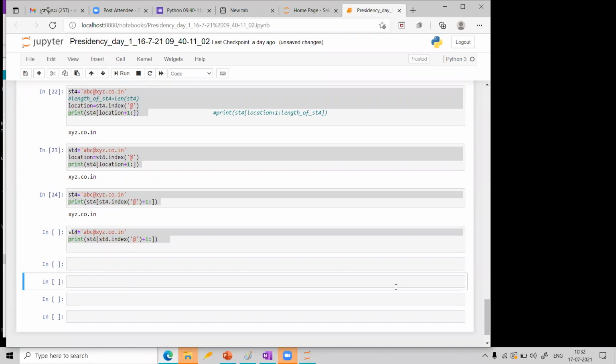Okay, now another technique is there. Instead of going here every time to insert and clicking, there is one more technique. I want you to observe this. Suppose I am here, now I am in the blue box. I want to create one cell above. What I will do is I will press A on the keyboard. See, I am keeping the mouse here, on the left side of the blue box.